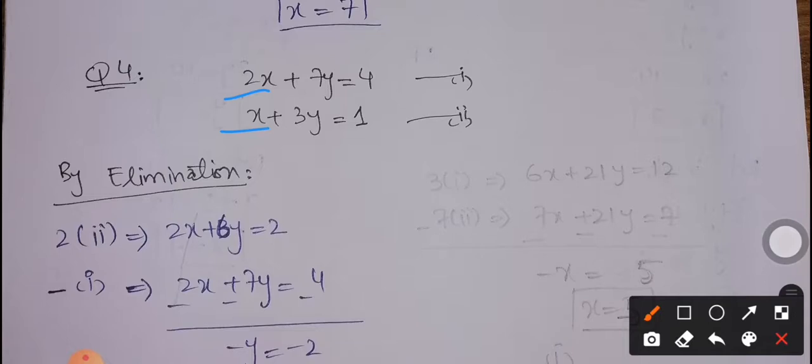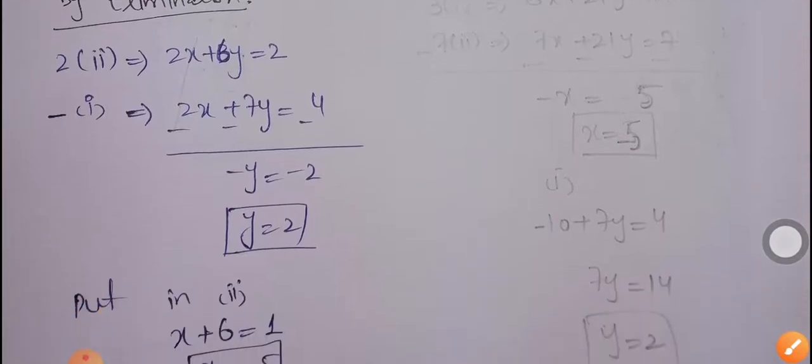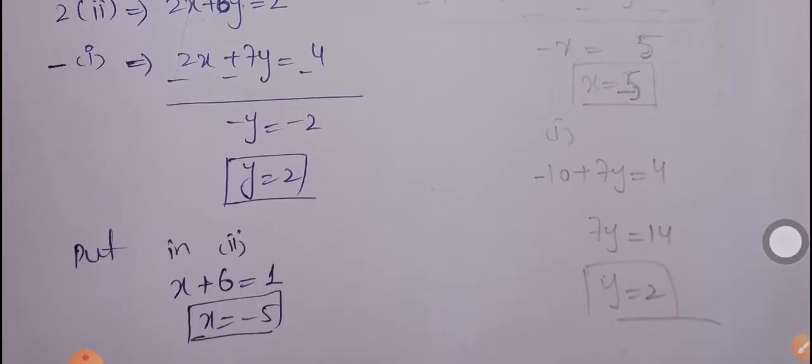Again, we can eliminate y, but obviously there must be a wise choice, because if we want to eliminate y, we have to make the coefficient the same by multiplying both equations with some number, because you can see that one coefficient is 7 and the other coefficient is 3. So I am going to multiply equation 1 with 3 and equation 2 with 7 so that the coefficient becomes the same in both cases. The coefficient is now 21 and 21, and then we have to subtract because both have the same signs, and then we will get the value of x to be minus 5, and then we insert it in any one of the equations to get the value of y.